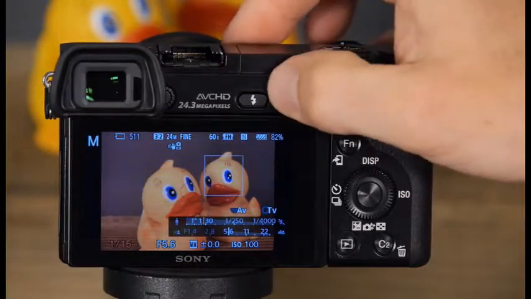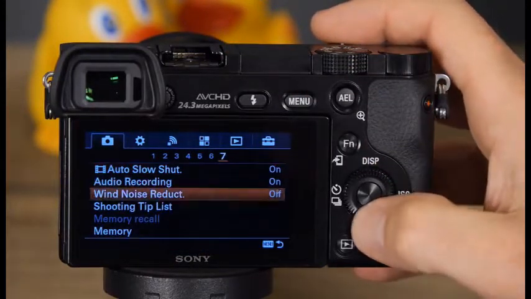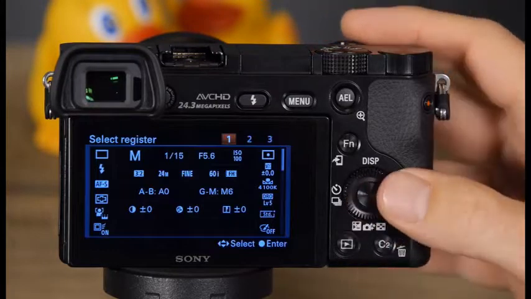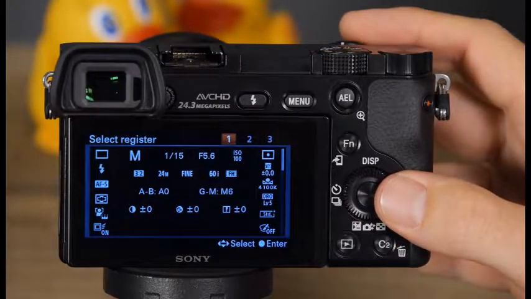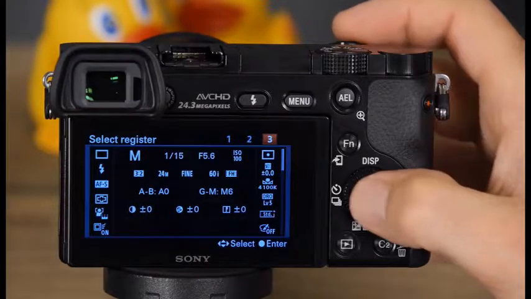Then press the menu button, navigate to the 7th recording menu, and select Memory. Here you can choose to register your selected settings to one of 3 different memory recall modes. Choose the memory recall mode number that you'd like your settings to be registered to, and press the center control